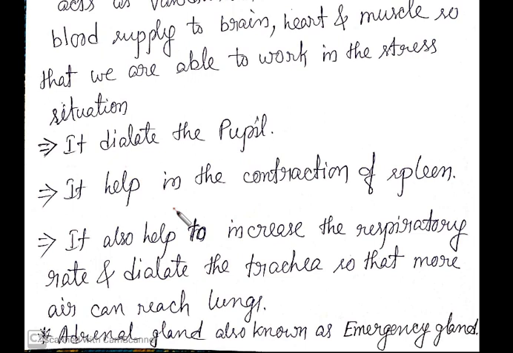So that means it also helps to increase the respiratory rate. इसका मतलब क्या? ऑक्सीजन अगर हमारे बॉडी में उसका सप्लाई बढ़ाना है तो हमारा रेस्पिरेटरी रेट बढ़ेगा. वो कैसे होगा? By the dilation, by dilating the trachea. हम ट्रैकिया को डायलेट कर देंगे, so that more air can reach the lungs and exchange can take place. अब जितना हम ट्रैकिया को बढ़ाएंगे उतना ही ज्यादा हमारे लंग्स में एयर आएगा, उतना ही ज्यादा हम ऑक्सीजन एब्सॉर्ब कर सकते हैं, और एक्सचेंज ऑफ गैस उतना ही ज्यादा होगा, है ना?